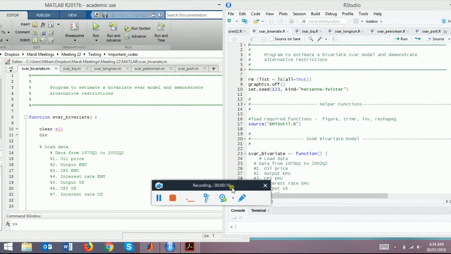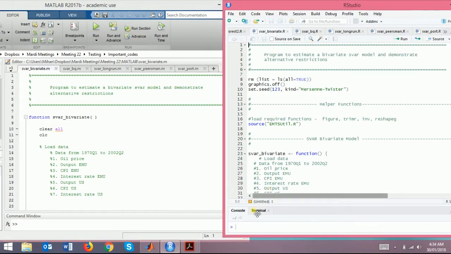Hello everyone, welcome to another video on structural VAR. We talked about different theories in the last two videos. Now we'll focus on some applications of structural VAR and we'll see how the code has improved since the VAR